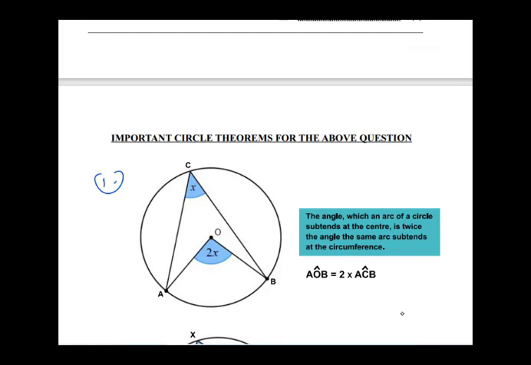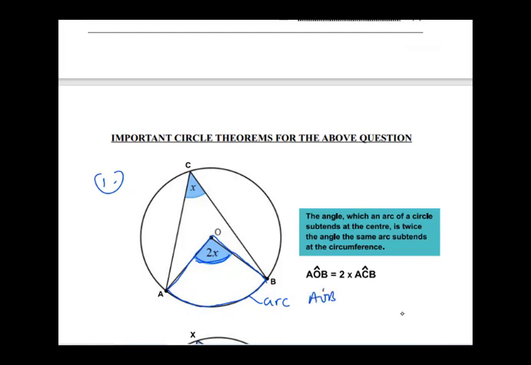Now, AB is an arc of this circle. We are told that the angle this arc AB subtends at the center, which is this angle AOB, we can see it,